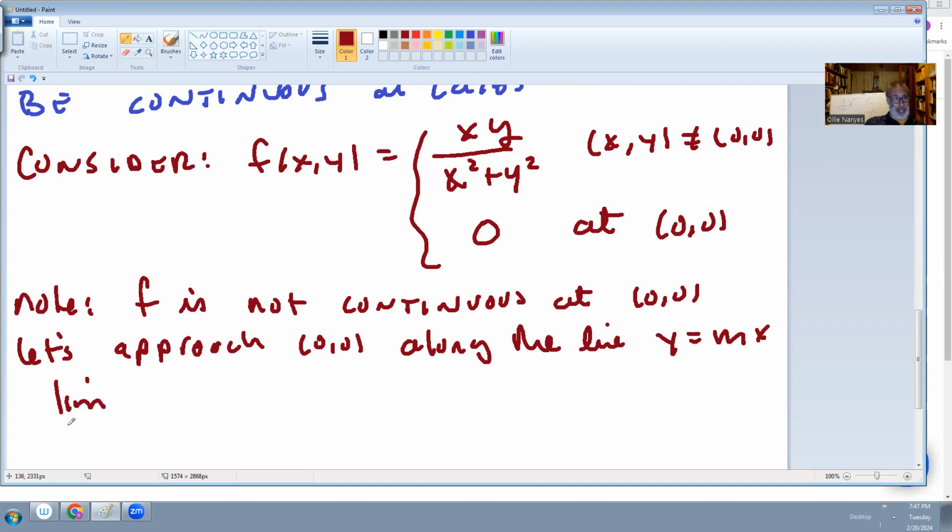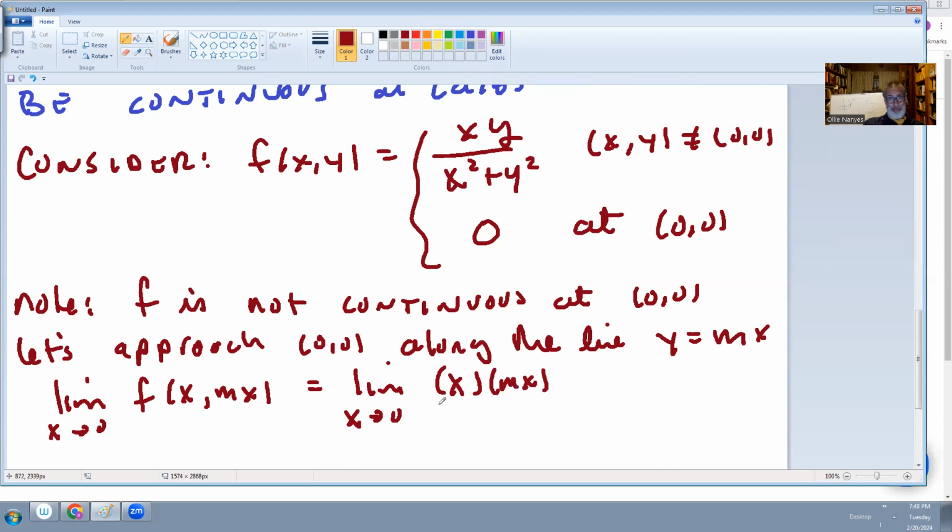The limit as x goes to 0 of f of x, mx. Now, because we're approaching 0 but not at 0, we don't use the zero case. So this will be the limit as x goes to 0 of x times, substituting mx for y,